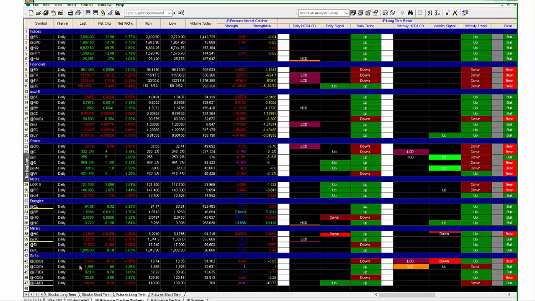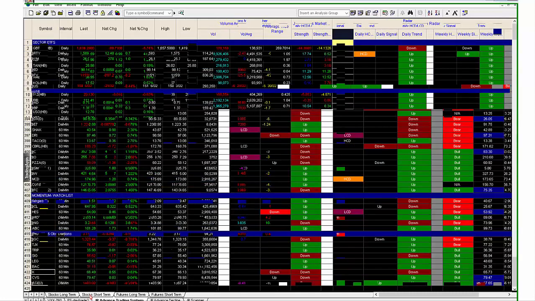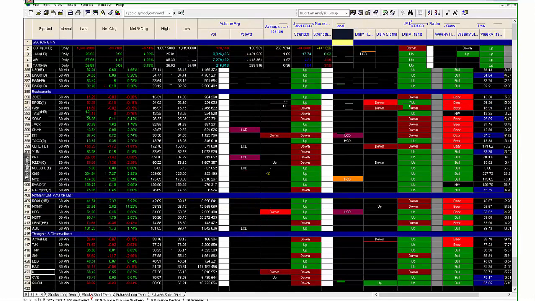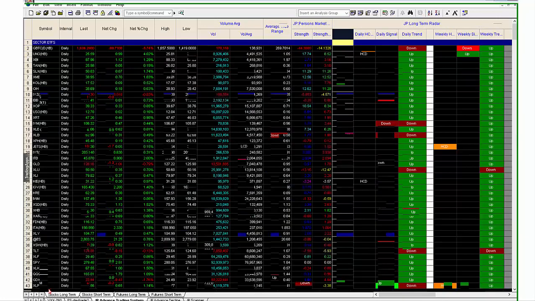screen. If you're trading stocks, short-term or long-term, just remember, when you have more stocks open on a particular page, such as the long-term.